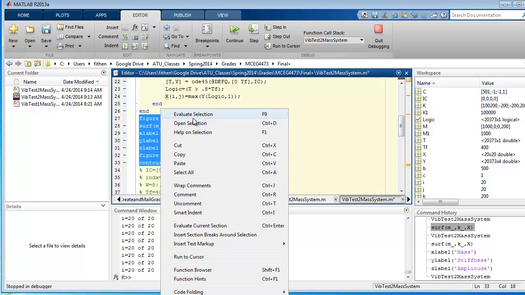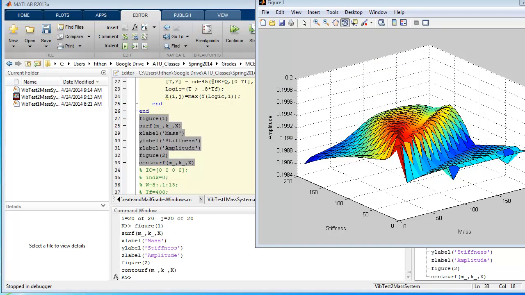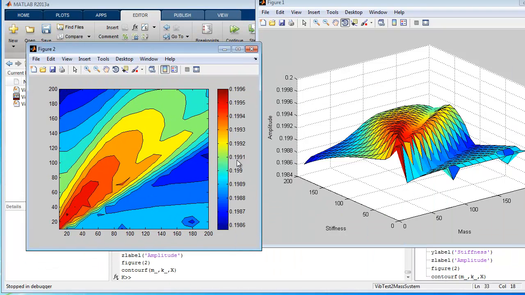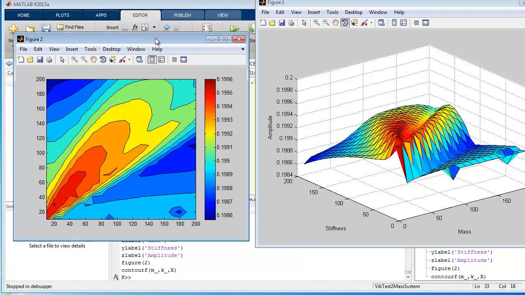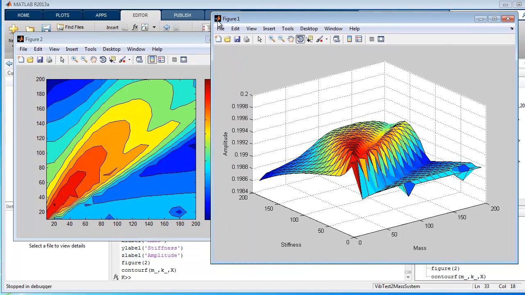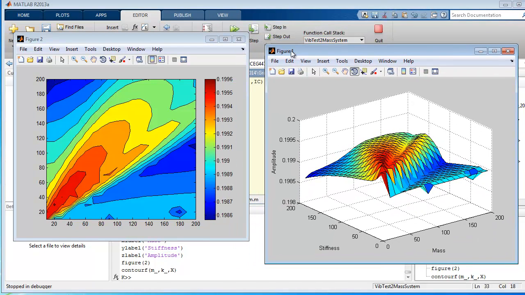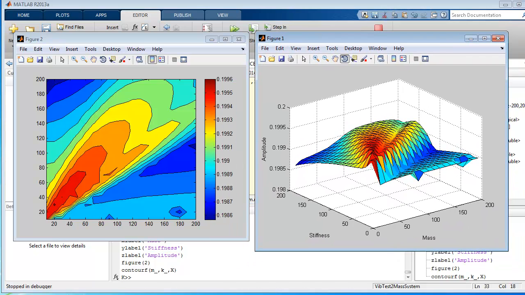Hit evaluate selection. And now you've got a contour over here. If you want to see the bars, you can see this. Not too much difference, but you can see the lower part going here and the lower part going there. I think what I want is these two plots, and I will consider that to be enough for the project. But I will do one more thing in this code here in a second. So first,